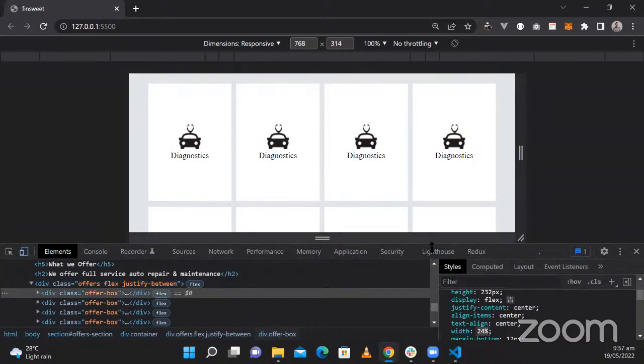Actually, the numbers, yeah, 24, yeah, 26. Okay, so that's like 96. So we have like 4% left. So this is like 1%. So there's how this is actually shared. So 1 point something percent, 1 point something percent. Just for the remaining 4% that we have, it's being shared equally between this because we are using justify content